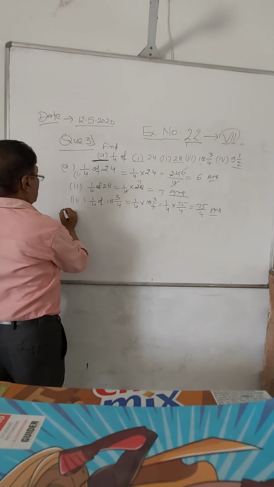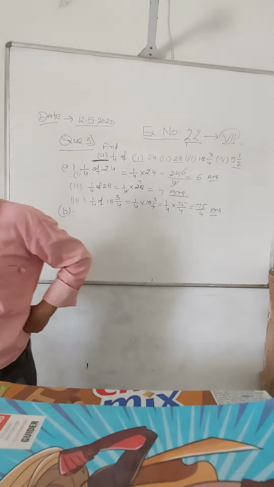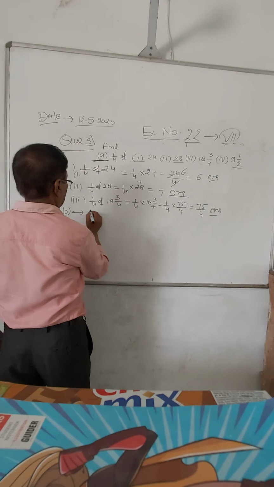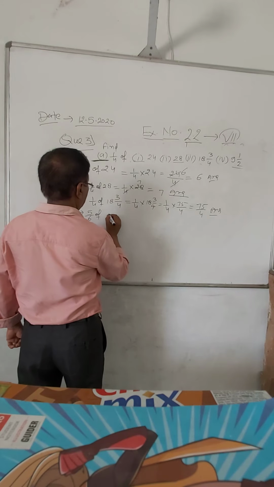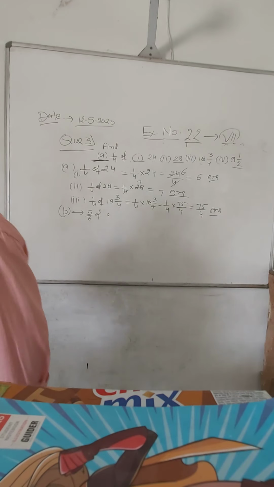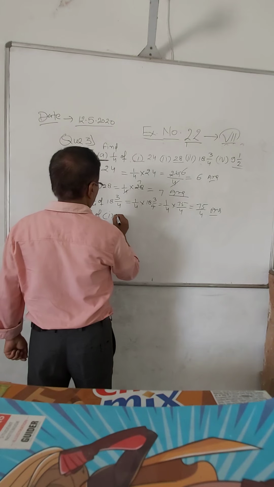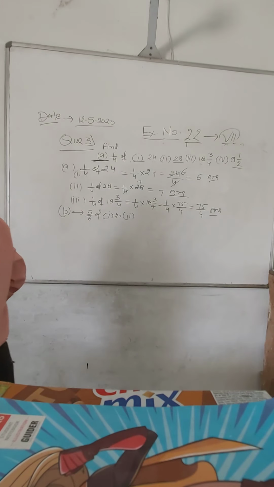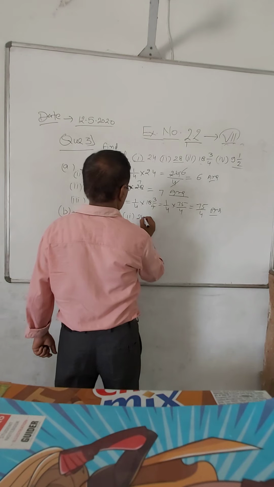Now question number 3, B part. B part also, take some example. Same way, 5/6 of. In B, the first part is 5/6 of 20. Question number 1, 20. Question number 2, 24. Question number 3,